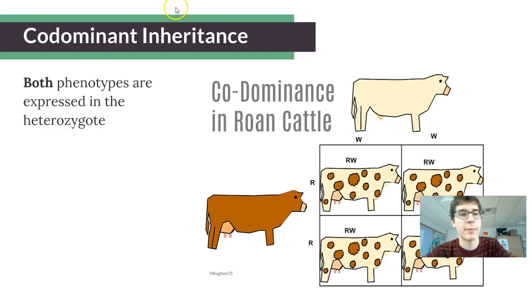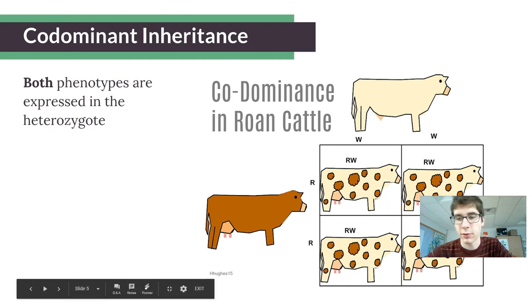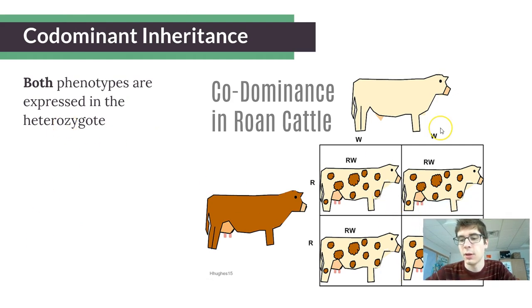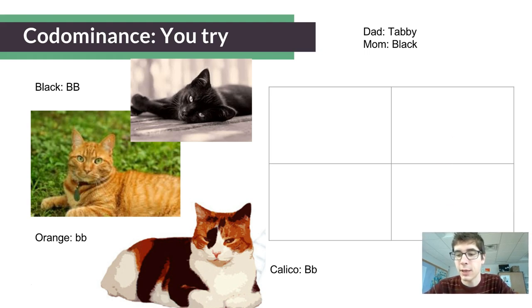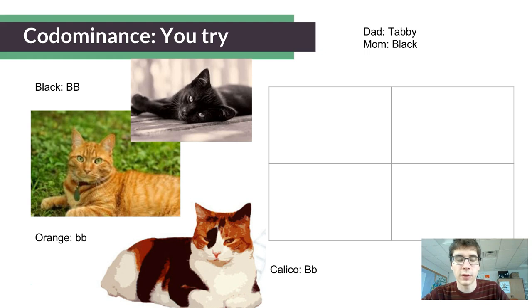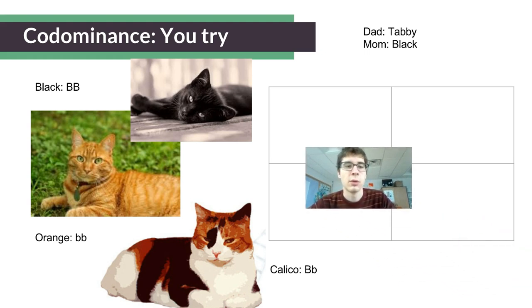All right, and now we're back at the codominance again, where both phenotypes are expressed in our heterozygote combinations. The next thing I want you to do is take some time and on your left page assignment, or in the left page of this note sheet, I want you to try to do a cross here where we're looking at,